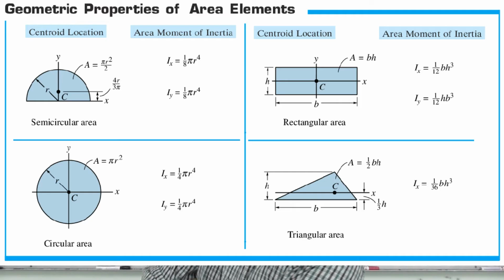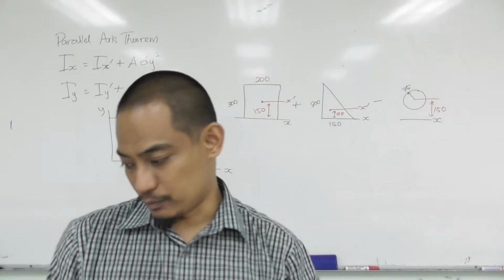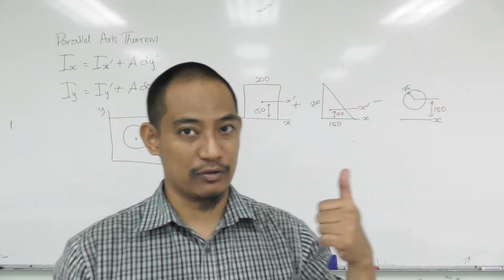So for rectangle, you can see 1/12 bh cube, and for triangle, we have Ix equal to 1/36 bh cube, and for the circle, Ix equal to 1/4 pi r to the 4. Alright, so coming back here, we just write that down at each of our shapes